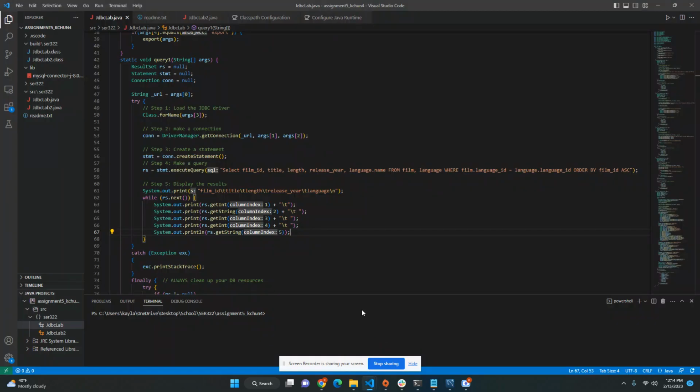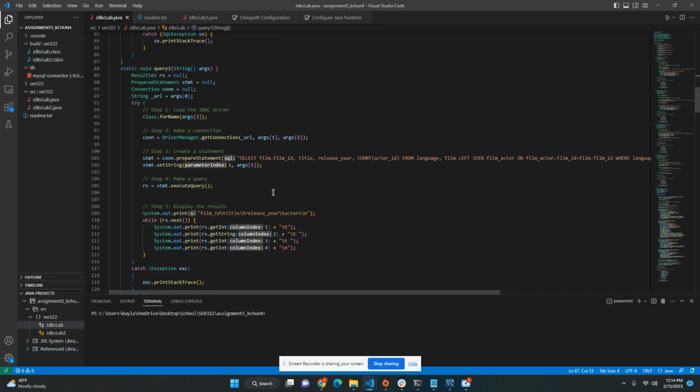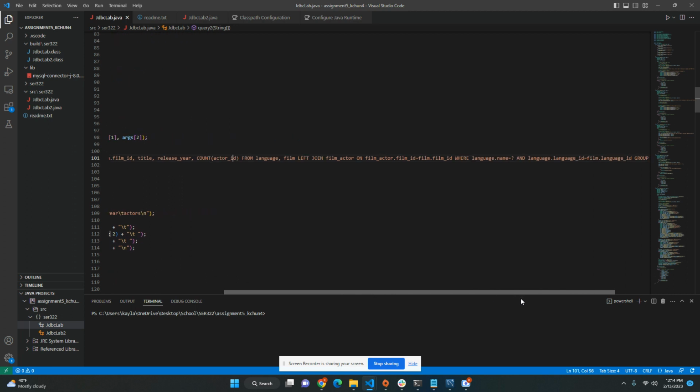And how it's doing that is in query 2, I'm selecting film ID, title, and all that, and the count of the actors. So I count actor ID. And I do a left join on film actor and film, where film actor.film ID equals film.film ID,